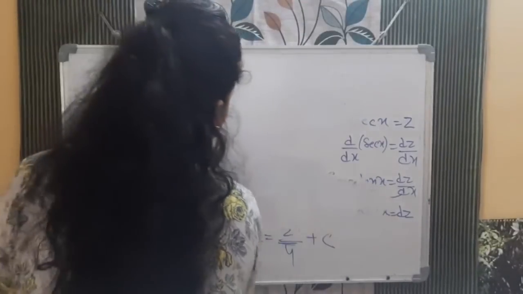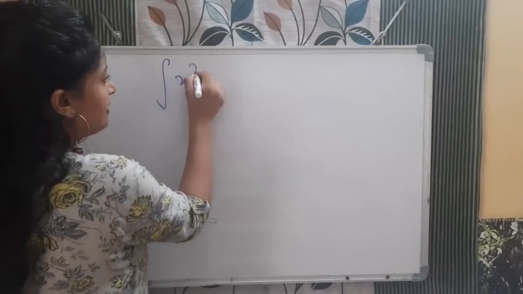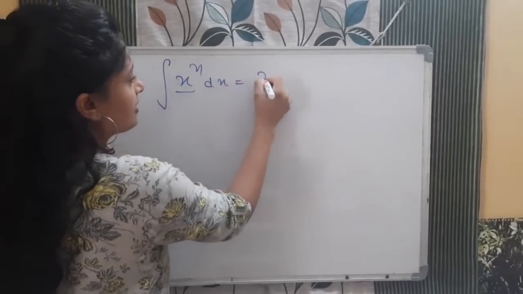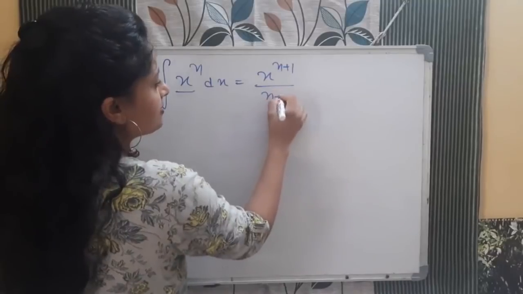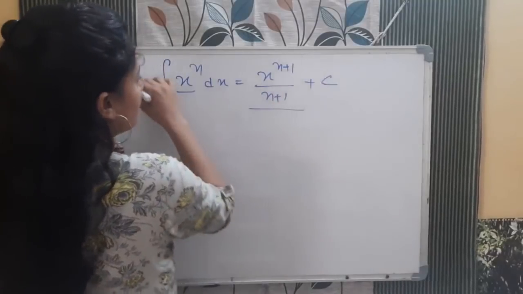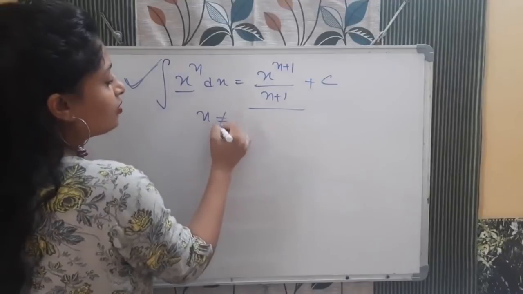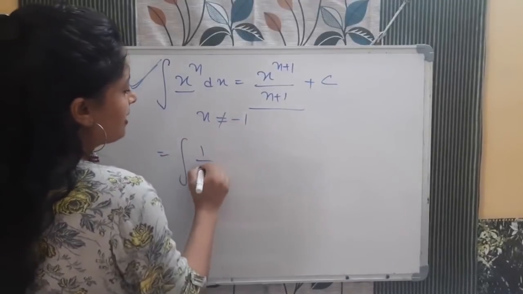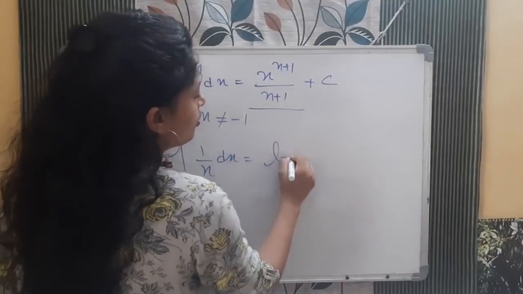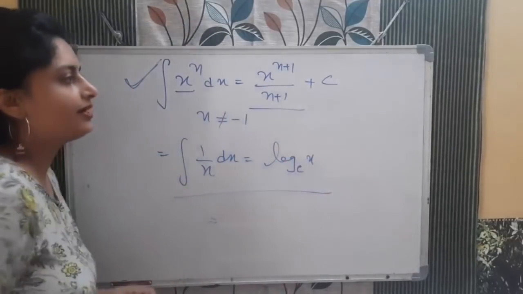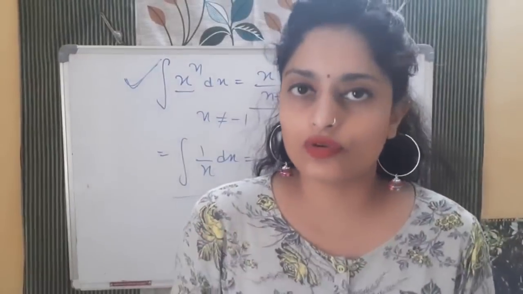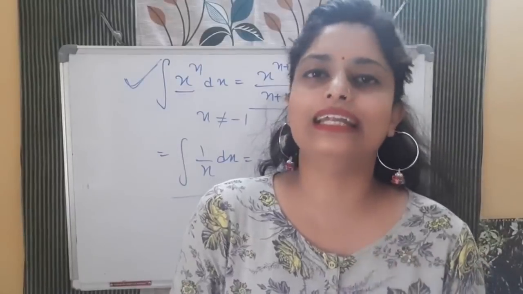Okay, see, एक बार छोटा सा quickly recap, or you can see again this. See, very simple है, basic formula है. If it is x to the power n, simple dx, x raised to the power n plus 1 divided by n plus 1. This is the basic formula. इसको याद रखना. Provided n should not equal to -1. If it is like this 1 by x dx, so क्या होगा log e x. And बाकी जो trigonometric formulas है वो तुम सबको पता ही है that you were doing the differentiation. So if you know the differentiation formula, then reverse them. This will be the integration formula.